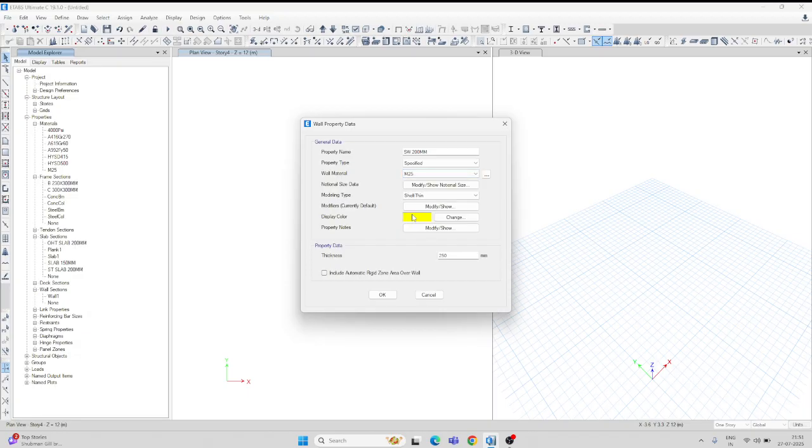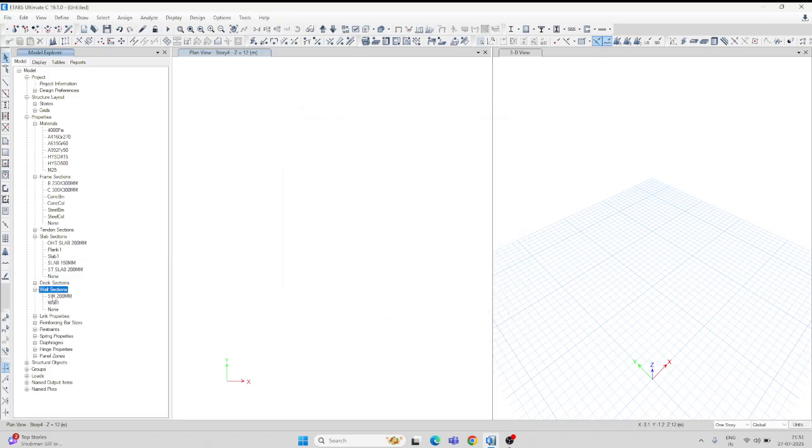Click M25 grade of concrete, and it will be shell thin only. For thickness, go for 200 mm, because here you created 200 mm, and click OK. So it's already created. Understood? Now if you want to create any beam, what you will do is just click here. See, this is the